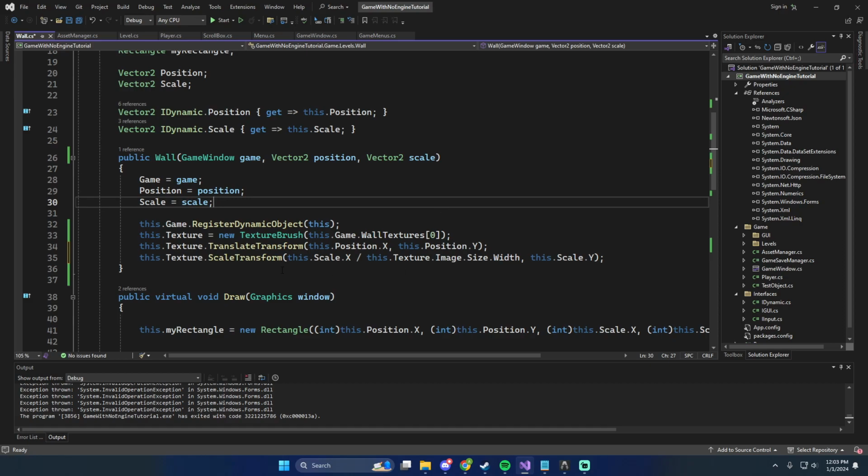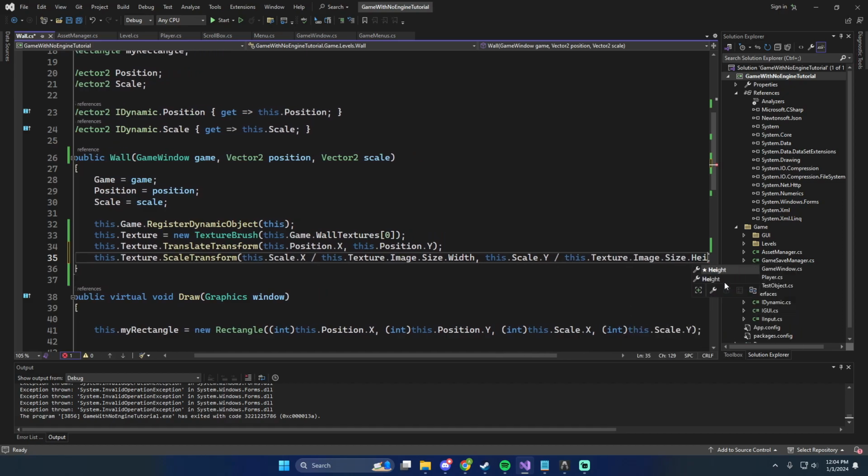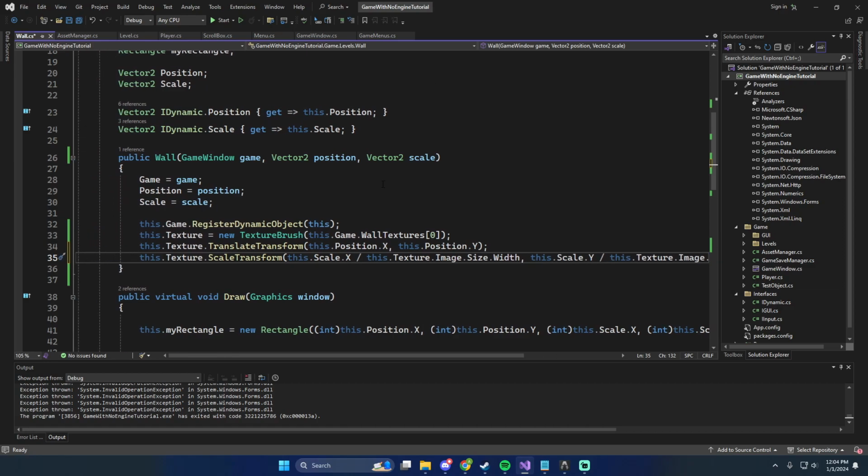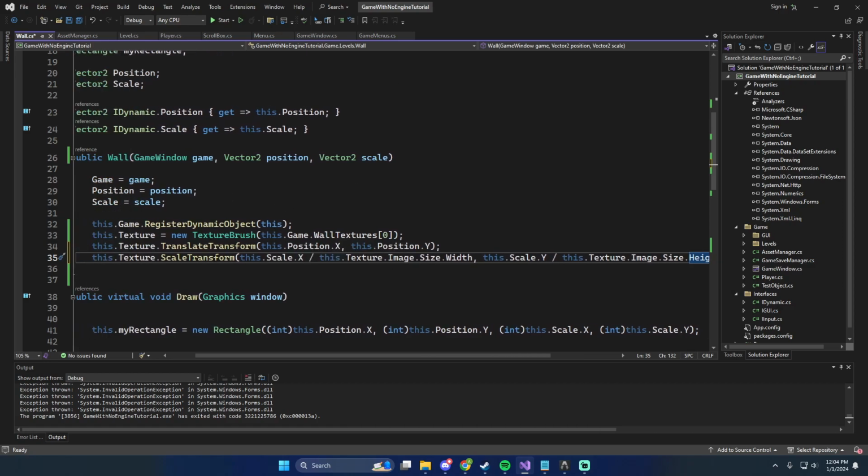So if this is 50 and this is 70, we take 50 over 70, and then it'll essentially multiply the width of that by 70, and that'll get it down to 50. So we're just determining the ratio of 50 to 70. That's all we're doing. And then same thing for y, this.texture.image.size.height. There we go. And that should scale the texture down to the size of this object. So if we hit start,